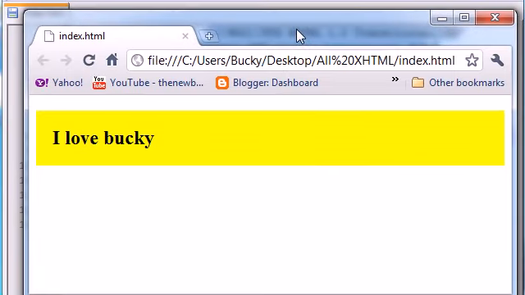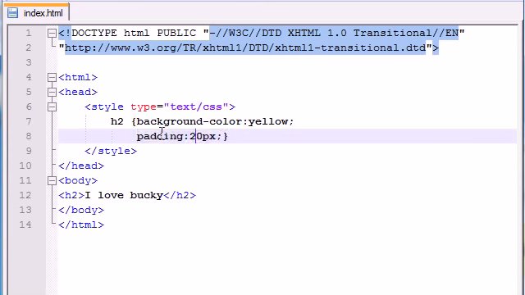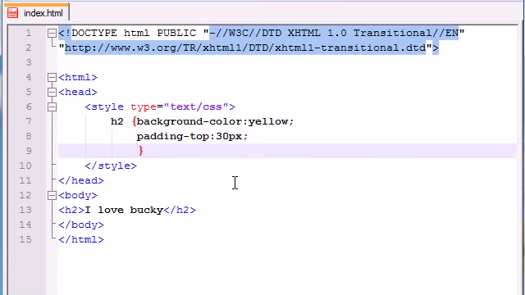But you're saying, all right, I understand padding, simple enough. But now I want padding, but I don't want it all the way around. Maybe you only want padding on the top and bottom. Well, in order to do that, this isn't going to work anymore, because this gives you padding all the way around. In order to change the padding in any one direction, they give you 4 keywords that you can use: padding-top, padding-bottom, padding-left, and padding-right. So let's go ahead and change it on top and bottom. Padding-top, let's add like 30 pixels. And for the padding-bottom,